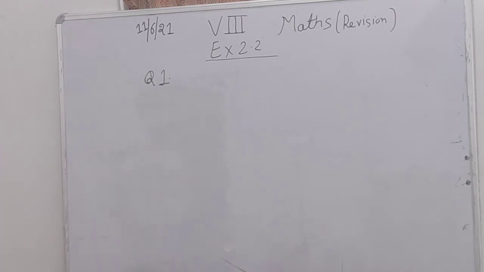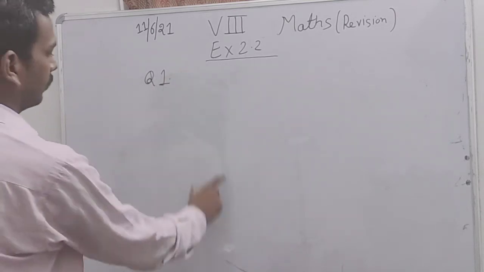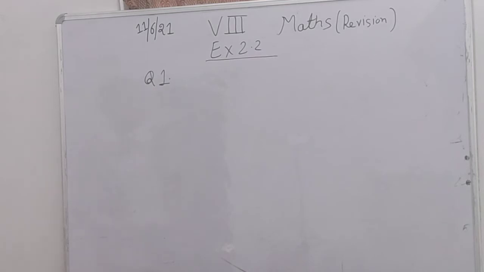I am not going to solve the whole question. I will only make the equations, and then you will solve it, because you have learned how to solve linear equations. Now exercise 2.2, first question: if you subtract 1 by 2 from a number and multiply the result by 1 by 2, you get 1 by 8. What's the number?